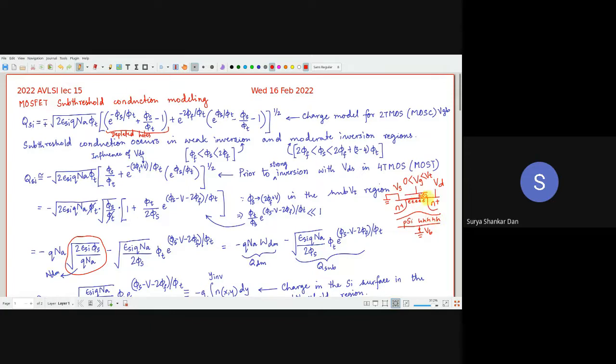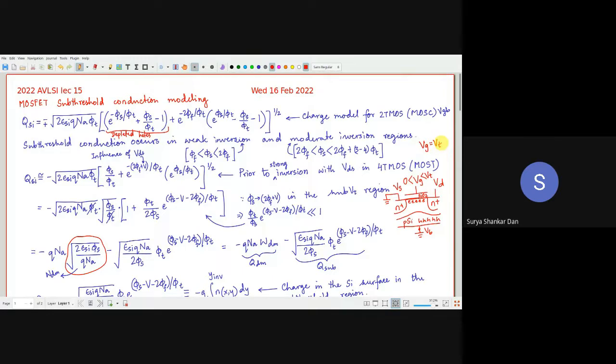Okay, so what is the situation now? When the electrons have accumulated on the surface to such an extent that there are as many electrons on the surface, for example, I have drawn 5 electrons here. Let us say each electron represents a million, so there are 5 million electrons and 5 million holes. This is the case when Vg equals Vt. This is essentially called the situation of strong inversion.